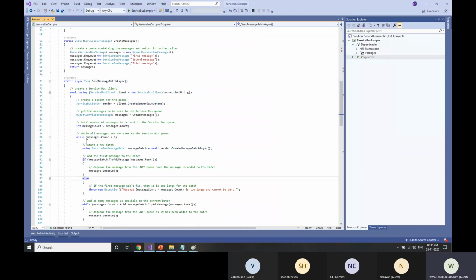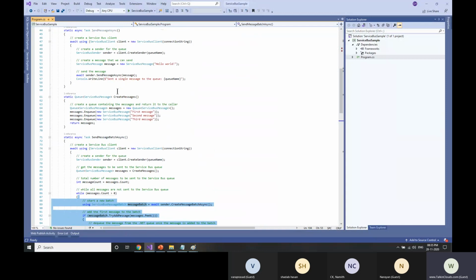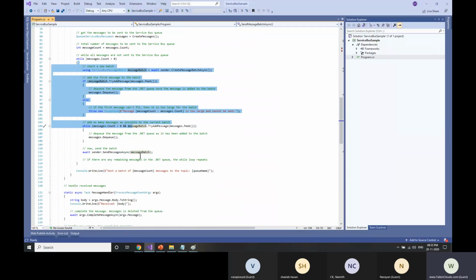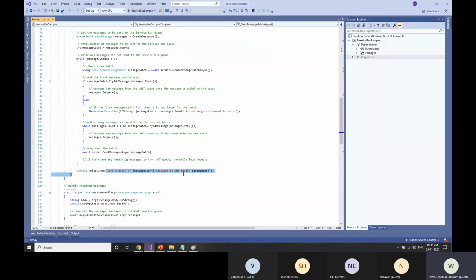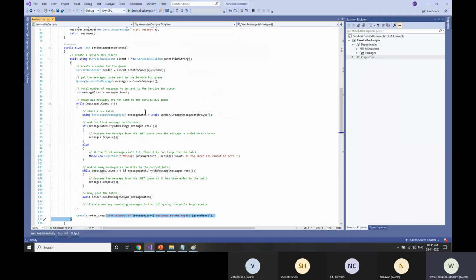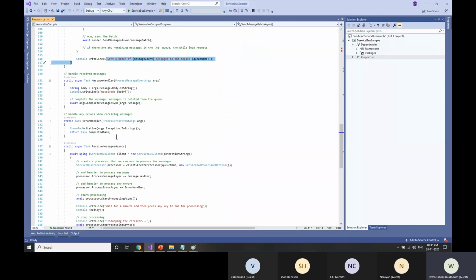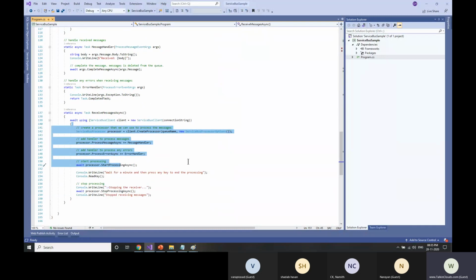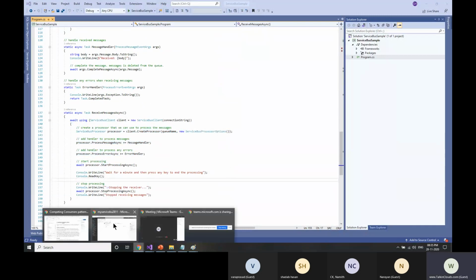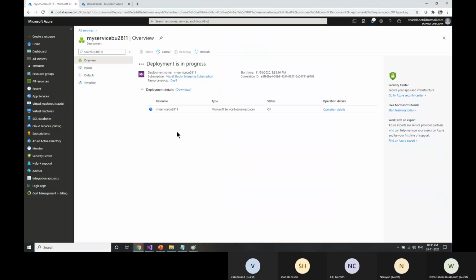So we are putting it in a loop till the message counter is completed, and then we'll be sending it to the service bus. And again, another method actually reads the message and displays it. Okay, so this is what we are going to do as part of this lab.